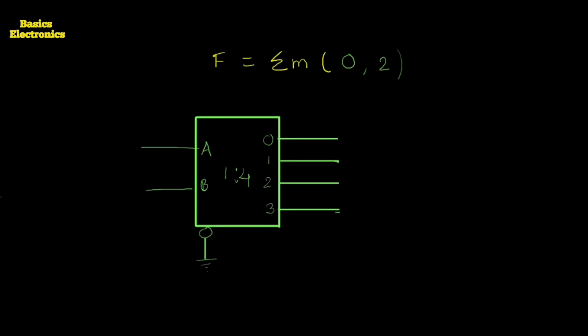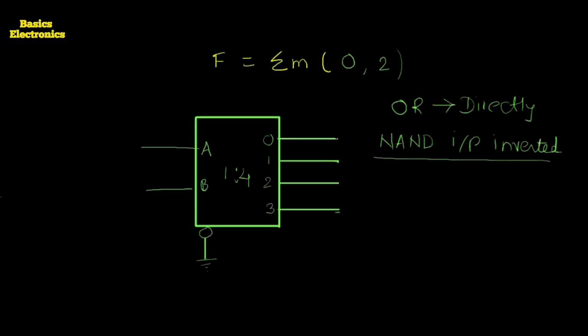It means we have to connect the given input lines to the gate. Now to implement this one, we use the NAND gate. But here there is one change. If we use the OR gate, then we can connect it directly. But when we use the NAND gate, we require to apply the inverted inputs. Why are we applying the inverted inputs?